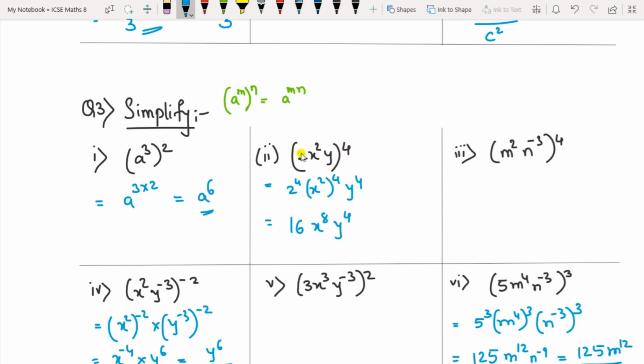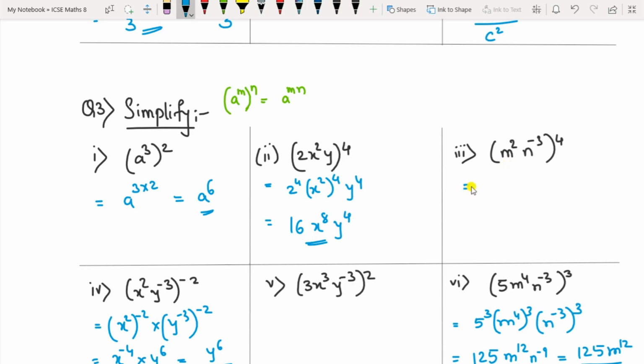Similarly, this is a monomial, okay, you are having the number and the variable along with it. So if the whole bracket is having the power, this power will go to each and every term in the bracket. So it will go to 2 raised to 4, then it will go again to x square also, and it will go to y raised to 4 also. So 2 raised to 4 would become 16. This will be 4 2s are 8, x raised to 8 and y raised to 4. So this is the final answer.